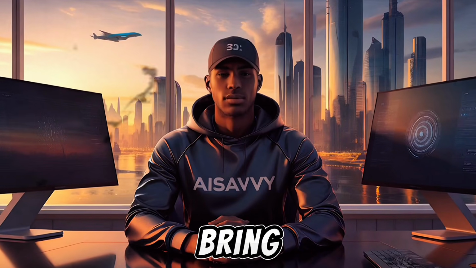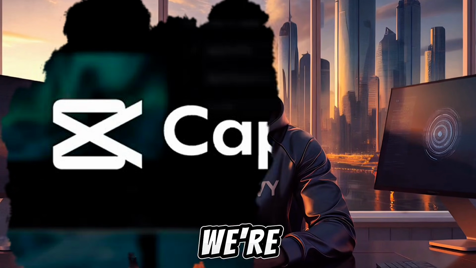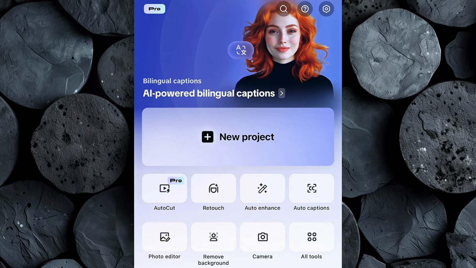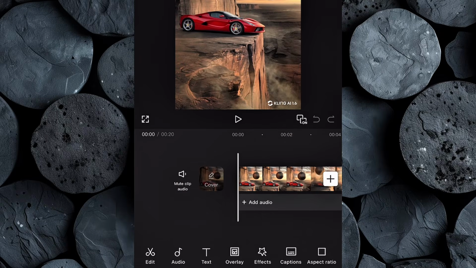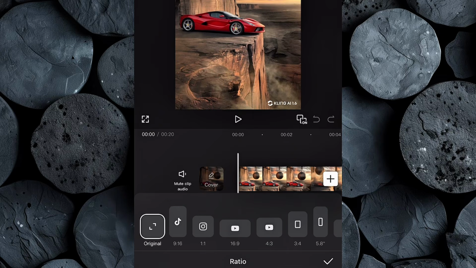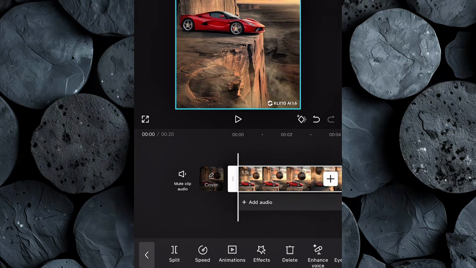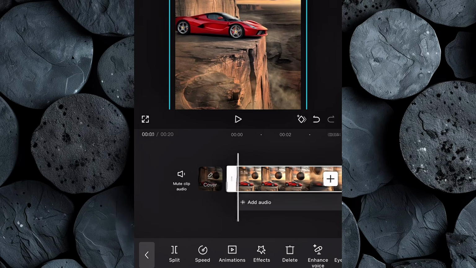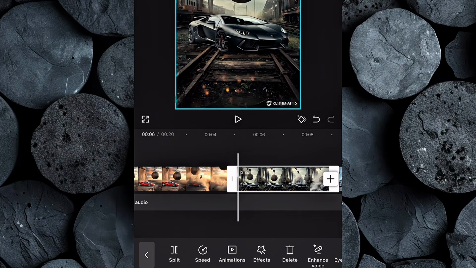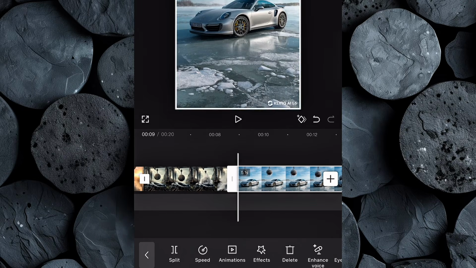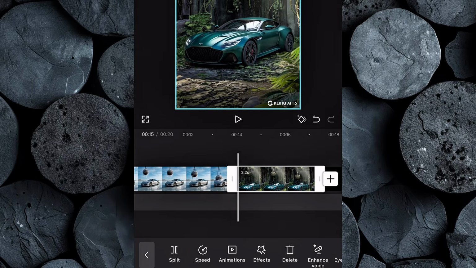The last step is to bring everything together with editing. For this, we're going to use CapCut. Open CapCut, then click on New Project, and import all the animated clips you created earlier into the timeline. First things first, adjust the aspect ratio to 9:16 so your video fits perfectly on platforms like YouTube Shorts, TikTok, and Instagram Reels. If you notice any logos or watermarks on your clips, just click on the clip, stretch or scale it slightly until the watermark is pushed off the screen and no longer visible. Go through each clip one by one and clean them up using this method to keep everything looking seamless and